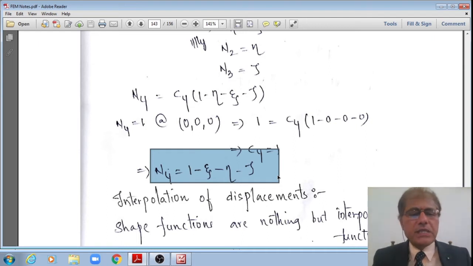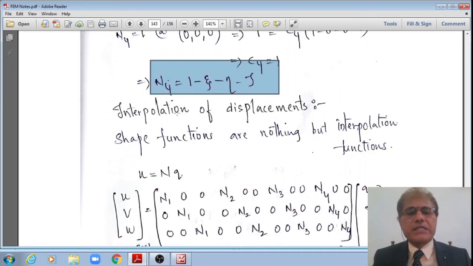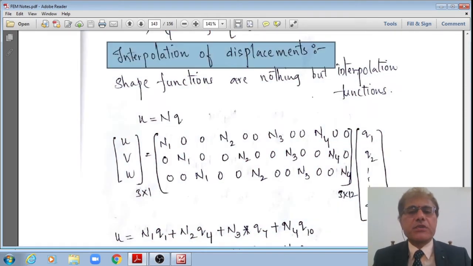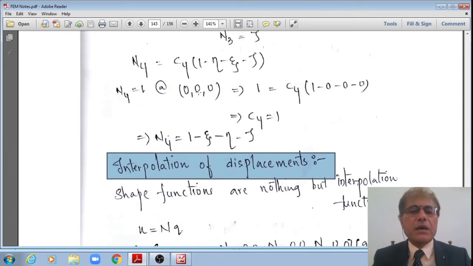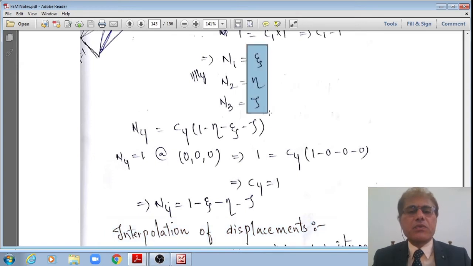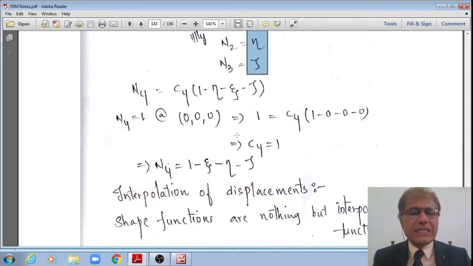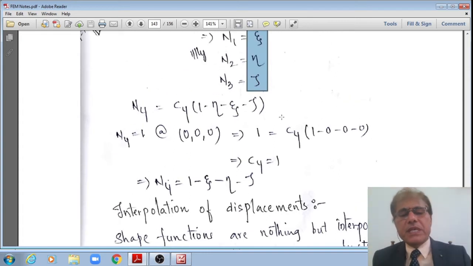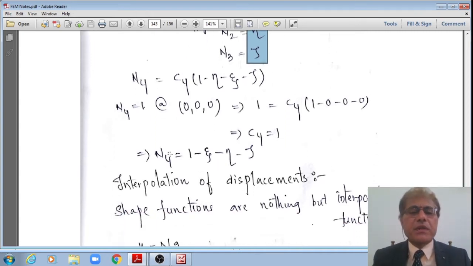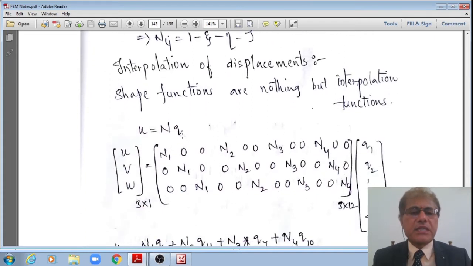Now, let us go to the next subheading, the displacements. Now I'll interpolate the displacements using these linear shape functions. You can see that all these N1, N2, N3, N4 are varying linearly with respect to xi, eta, zeta. And the fourth property is that N1 plus N2 plus N3 plus N4 is xi plus eta plus zeta plus 1 minus xi minus eta minus zeta, which is equal to 1. Hence, the summation of all the shape functions, sum of Ni, i equal to 1 to 4, is equal to 1. Yes, hence these shape functions are correct.